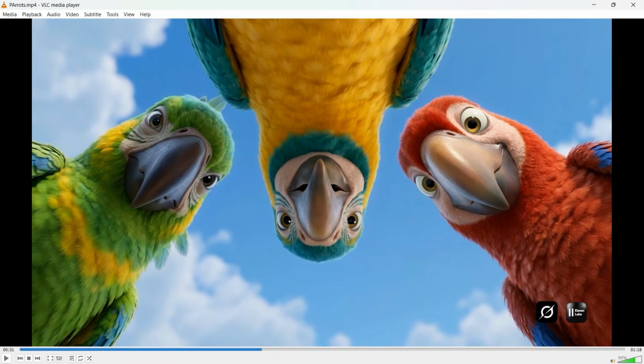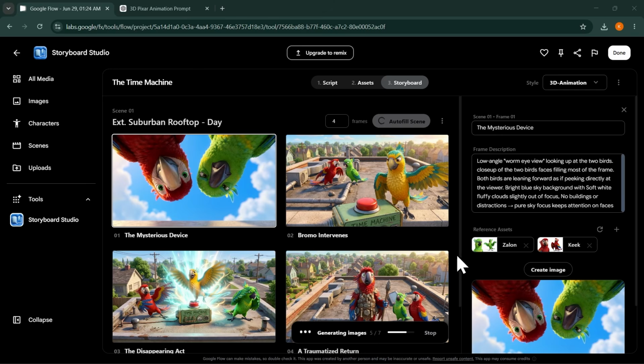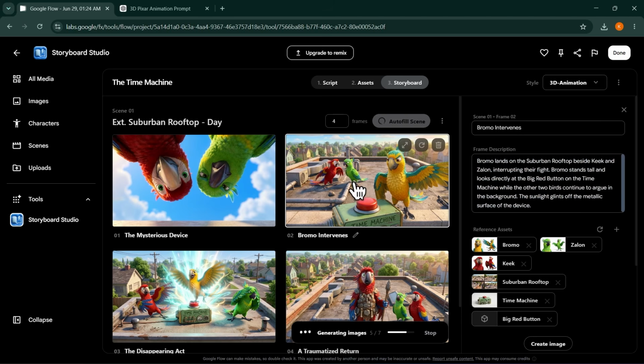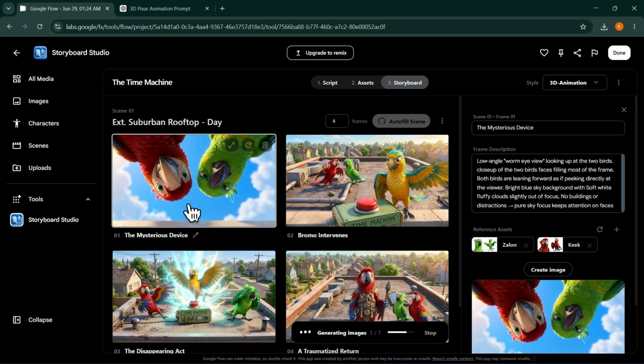let's do that. So what we are going to do is basically copy this same prompt. I'm going to select this first image we have generated, and I'm going to copy this prompt because we're going to be working with it as well. And now select this second one. Now you can always rename your angles right here. So this is the mysterious device. I can say